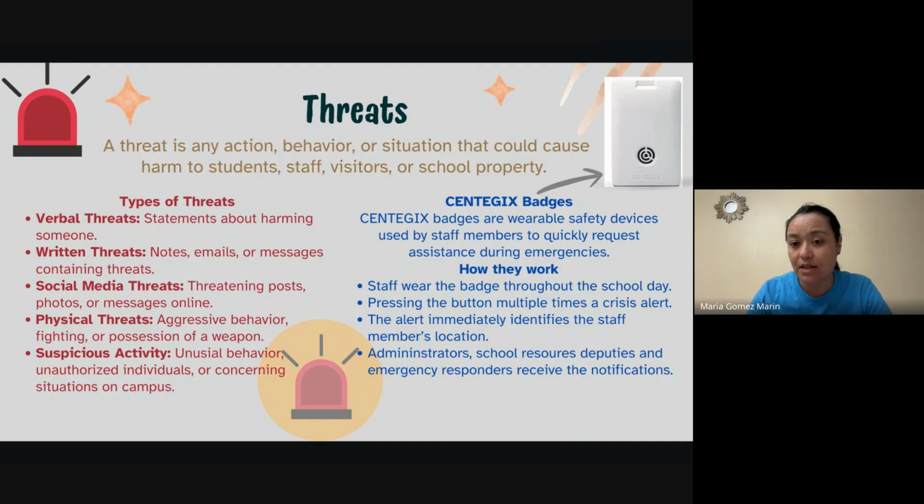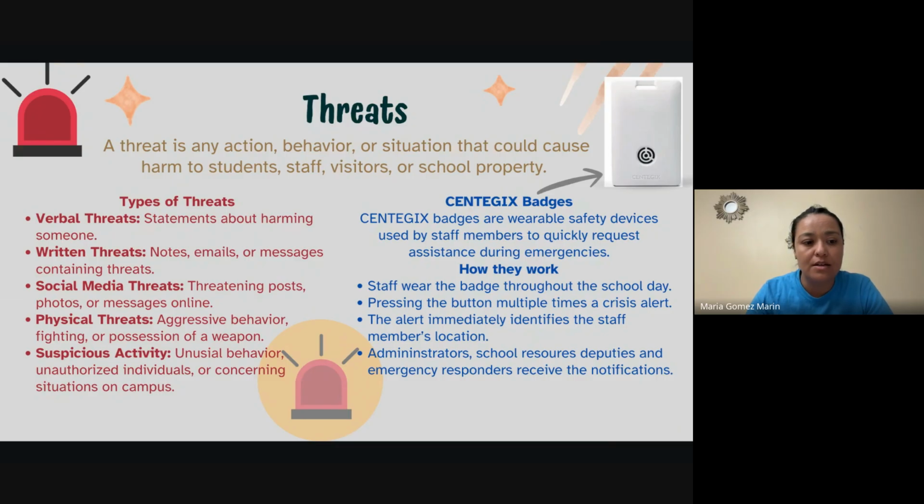My topics that I'm going to be talking about are threats and blind spots. So a threat is an action, behavior, or situation that could cause harm to students, staff, visitors, or school property. Some of the types of threats are verbal threats, such as statements about harming someone, and written threats, like somebody writes a note or email or message containing threats in a